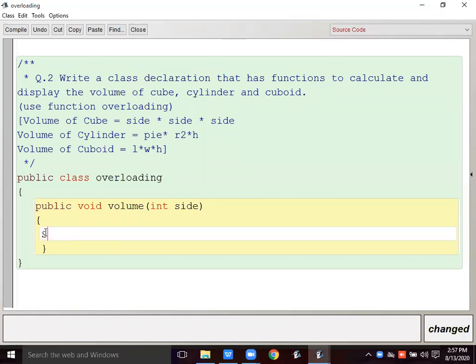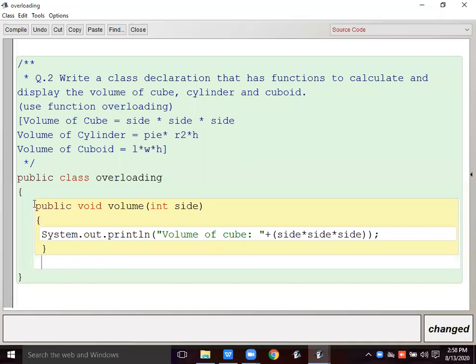So what statement do I have to write? I have to display the volume. Instead of declaring a variable, directly in System.out.println I write "volume of cube", then in brackets I do the calculation of side multiplied by side multiplied by side. That calculation can also be done in an extra variable, which I would then display. That way is also correct.